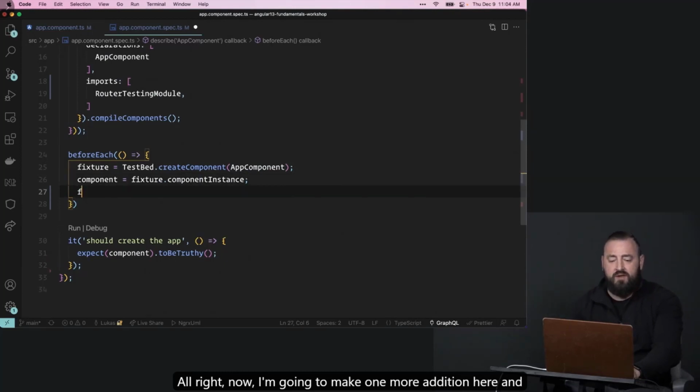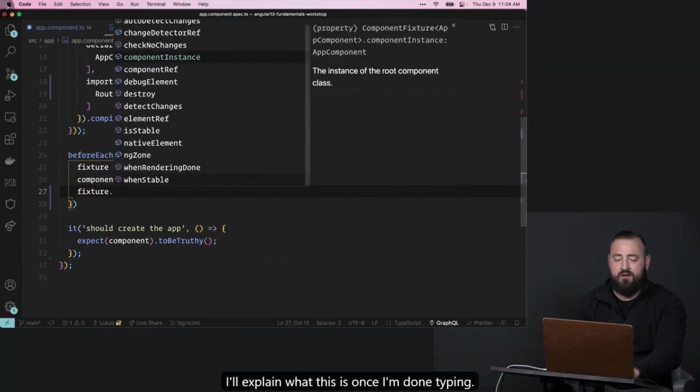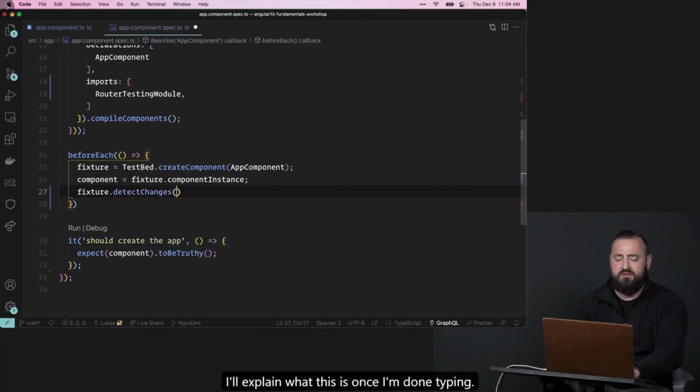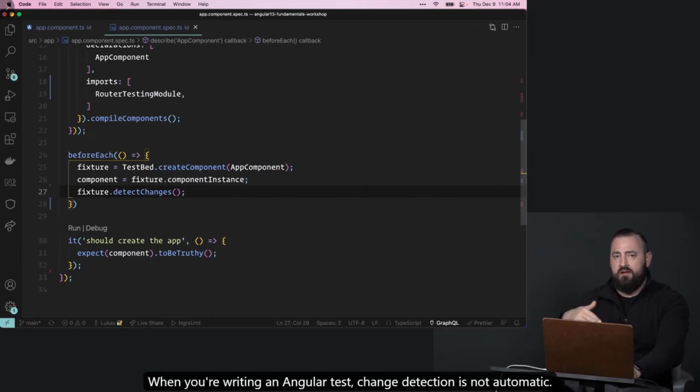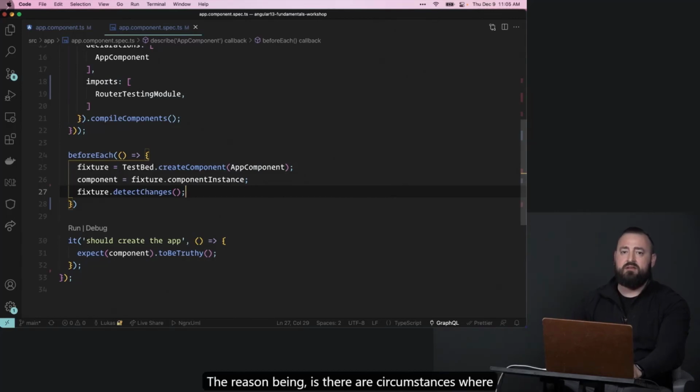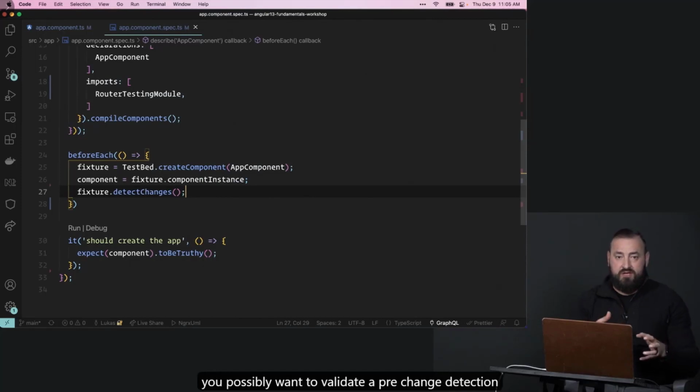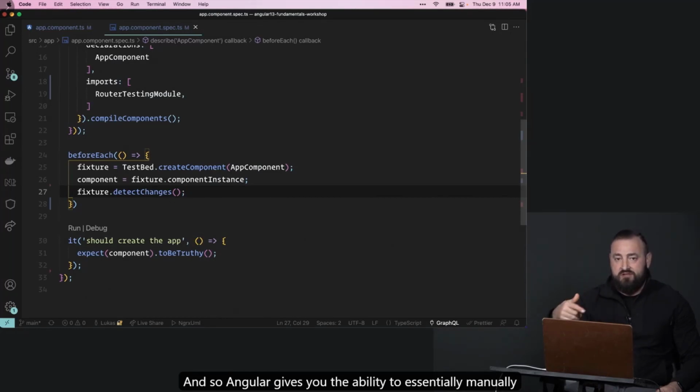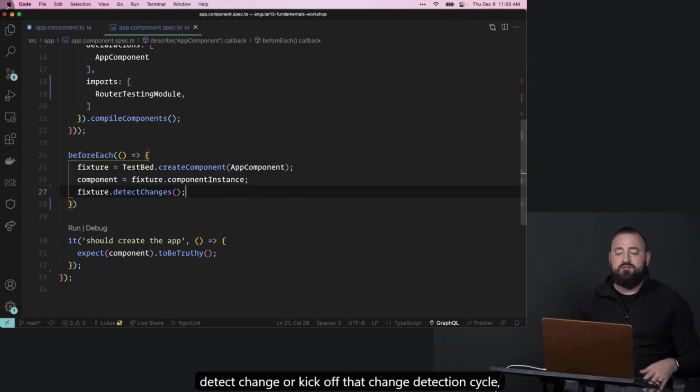All right, now I'm going to make one more addition here, and I'll explain what this is once I'm done typing. When you're writing an Angular test, change detection is not automatic. The reason being is there are circumstances where you possibly want to validate a pre-change detection state against a post-change detection state. And so Angular gives you the ability to essentially manually detect changes or kick off that change detection cycle, and you do that with